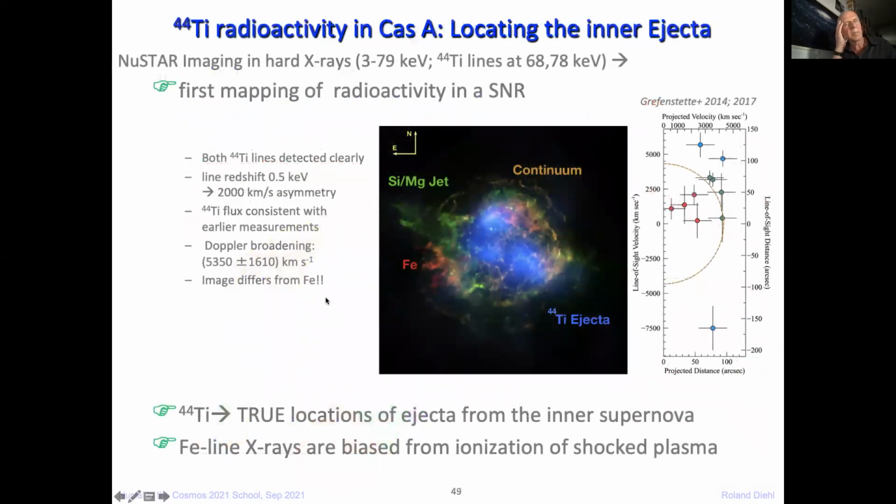But coming back to our Cassiopeia A remnant, NuSTAR was able to also measure titanium from the Cas A remnant, even though that's 350 years old. The luminosity in the radioisotope titanium-44 was bright enough to actually show where the ejecta from the inner supernova are. And iron and titanium should actually both come from the inner supernova. One sees here, however, that the iron that is now shown in red here is far outside of where the titanium is. And that is, at first glance, a little difficult to understand,